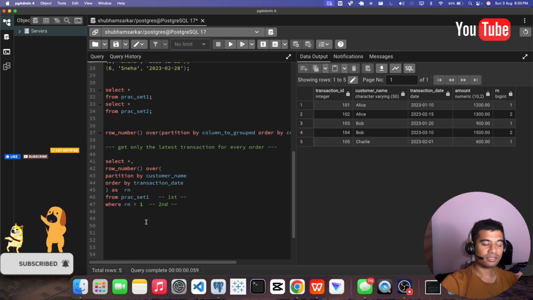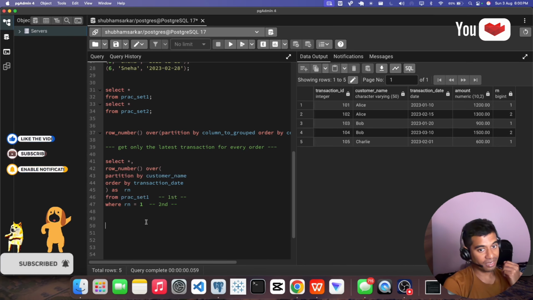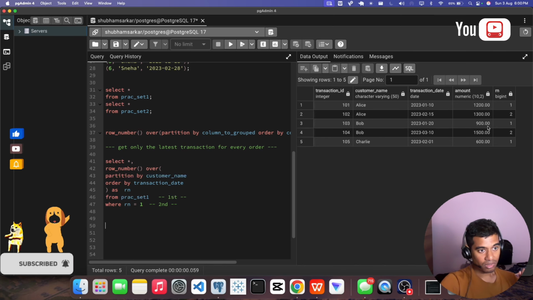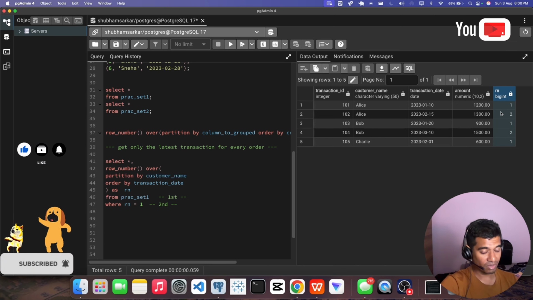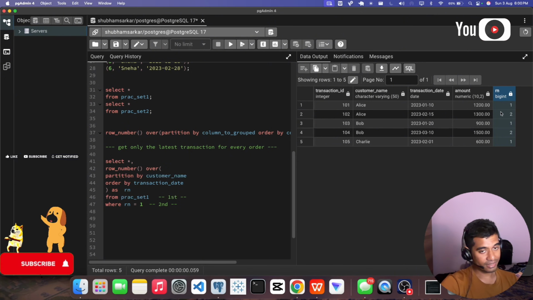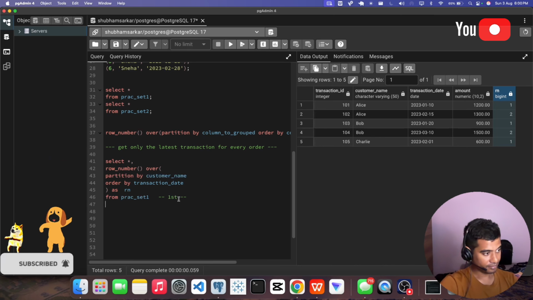That is the reason whatever data you use from a row number column, any window function column, whether it is row number, dense rank, or rank, you always have to use a CTE, right?